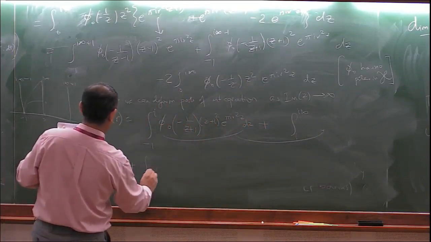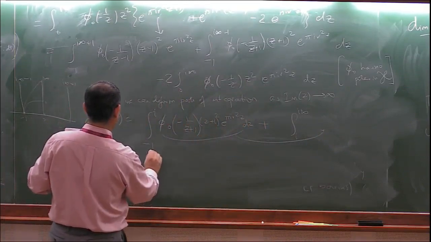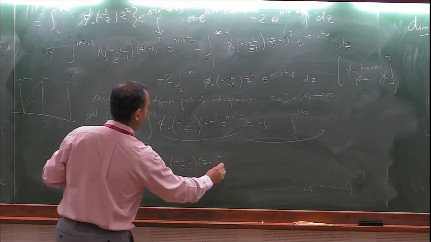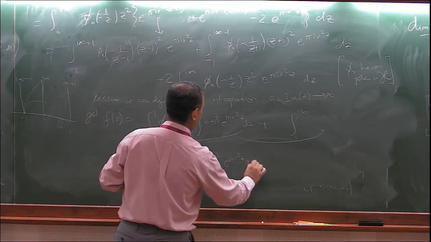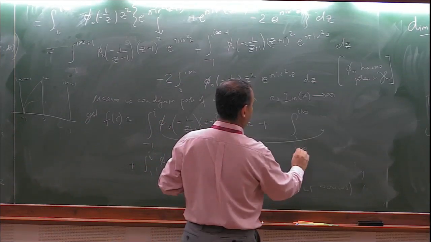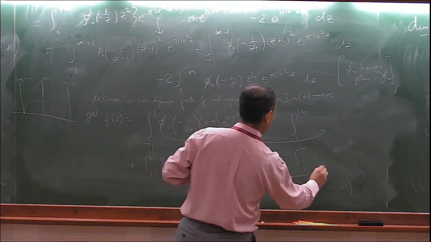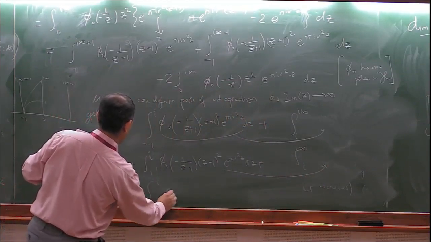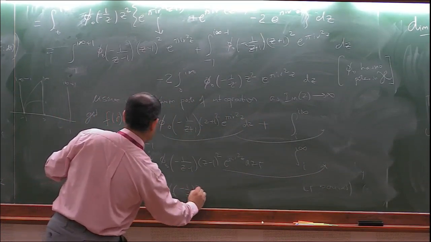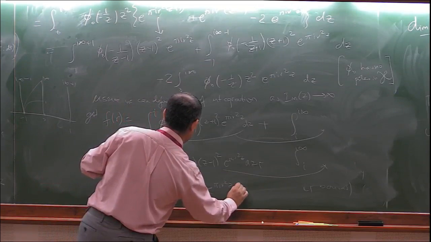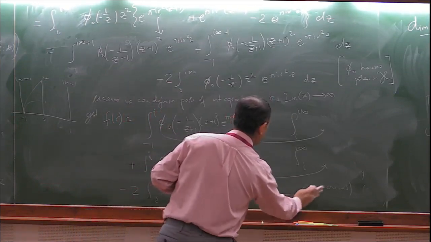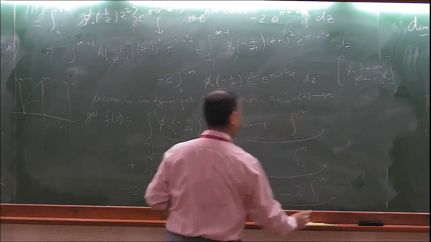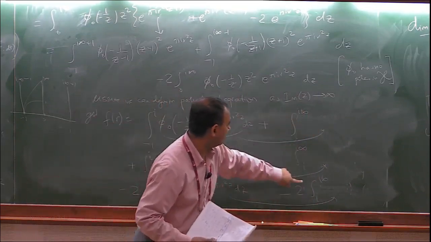And then plus the integral from 1 to i, of phi 0 of minus 1 over z minus 1, z minus 1 squared, e to the pi i r squared z dz, plus again the integral from i to i infinity of the same thing, and then minus twice the integral from 0 to i of phi 0 of minus 1 over z, z squared, e to the pi i r squared z dz, plus, again minus 2 times the integral from i to i infinity of the same thing. Okay? So now the point is, you have these integrals which follow the same path,